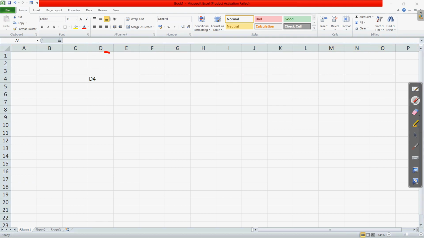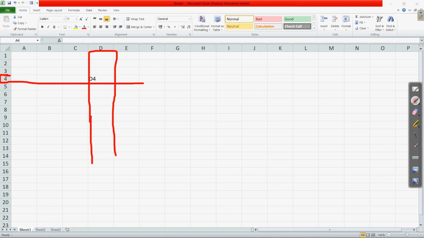Suppose we select D. D means the whole column with the name D. If we select column D, it means all the cells in this column. When we talk about the fourth row, it means this row. If we mark this, you can see that this is the intersection area.